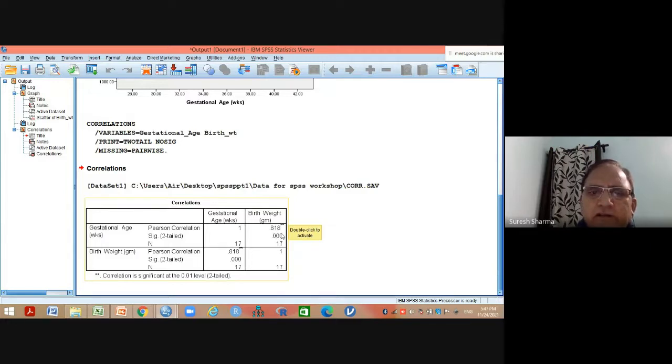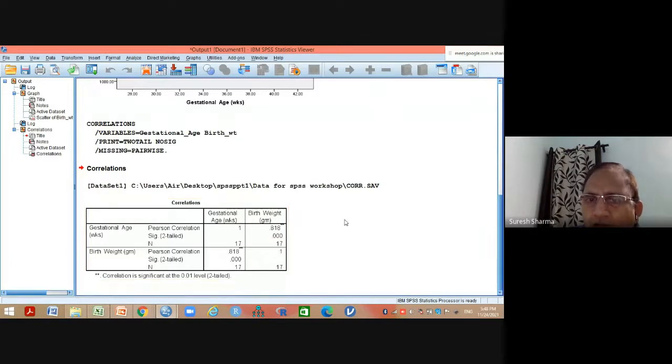Correlation between gestational age and birth weight. And this, what is this? This is nothing but correlation between birth weight and gestational age. Karl Pearson correlation coefficient is also called product moment correlation coefficient. Why? Because it is based on moments. If you multiply 3 with 4, you will get 12. If I multiply 4 with 3 again, you will get 12. That's why there is symmetry. Similarly, birth weight will be 100% correlated with birth weight. So here you have 1. So this is how to read this table.